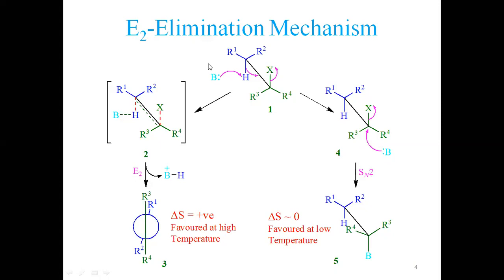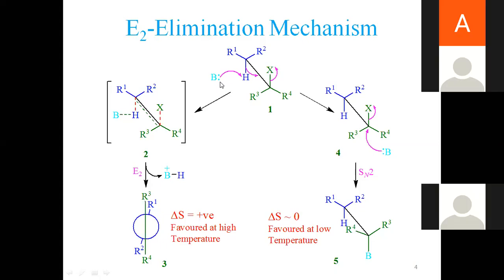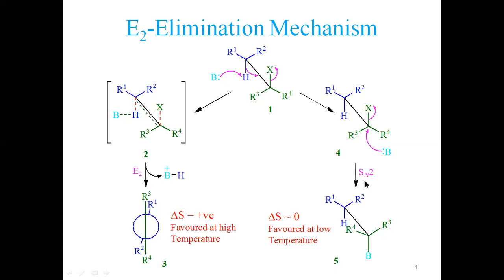When this happens, when the base is not a good base, this base has a nucleophilic character as well. If it has a nucleophilic character, it is no longer a good base. But how can we make elimination dominate over substitution, or let's say if we are interested in substitution, how can we make it dominate over elimination? Just focus on thermodynamic values. In the beginning of this course, I introduced entropy of the reaction, if you remember. Gibbs free energy relationship, delta G is equal to delta H minus T into delta S.